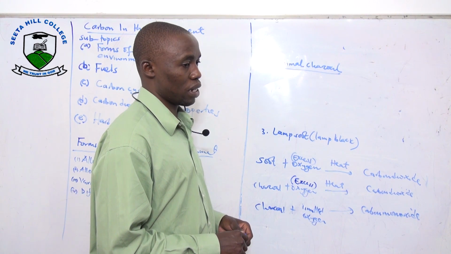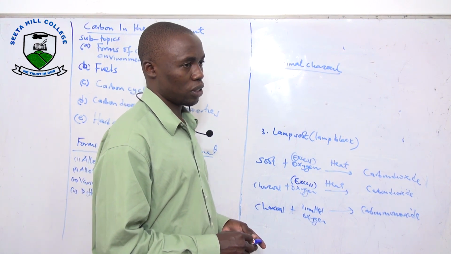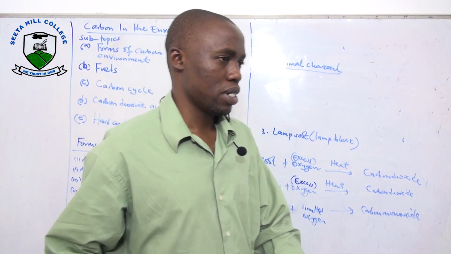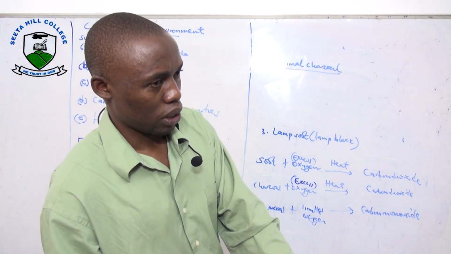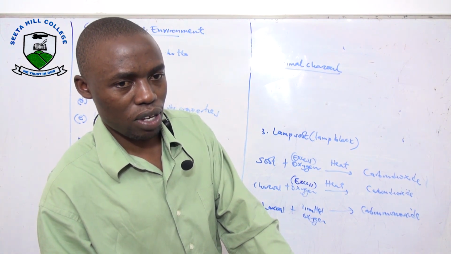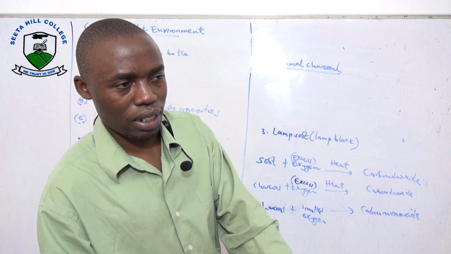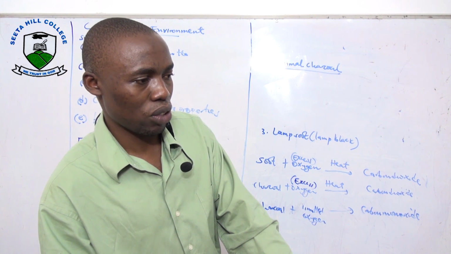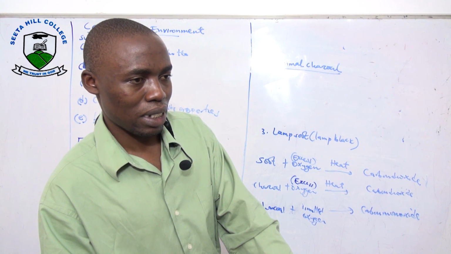It is very poisonous when you cook in a closed house. There is little air inside, and you'll be producing carbon monoxide. Therefore, when you are cooking, ensure you open the doors, even if you are using gas. Because you'll generate carbon monoxide, which will enter you through respiration and go into your blood,